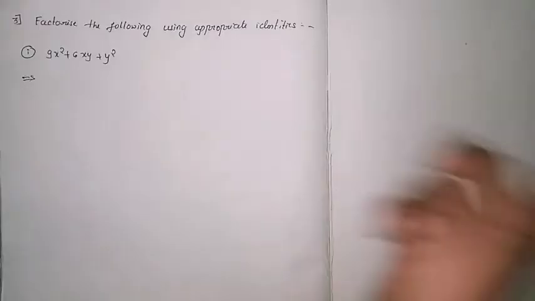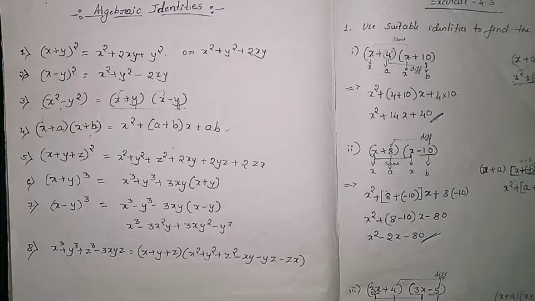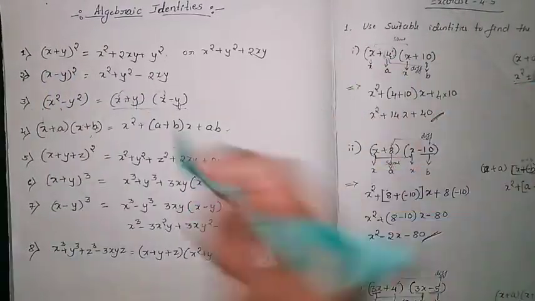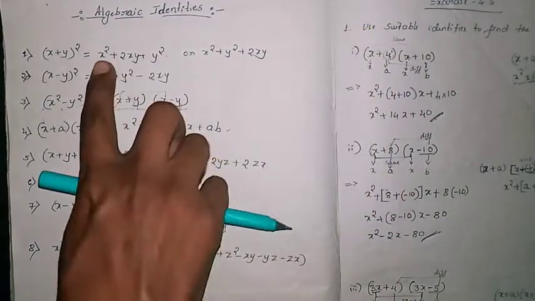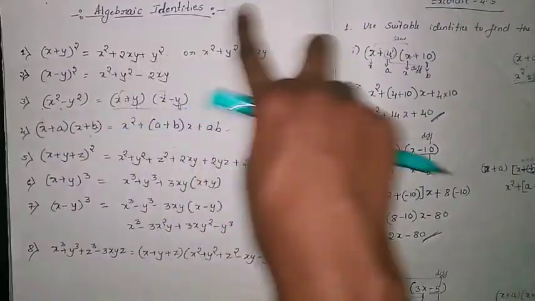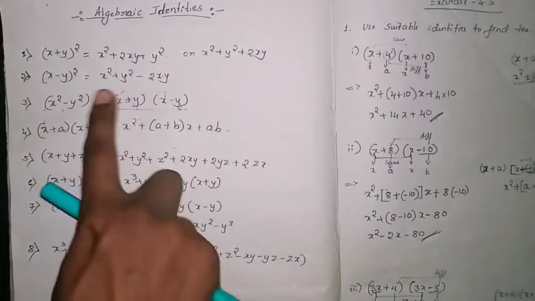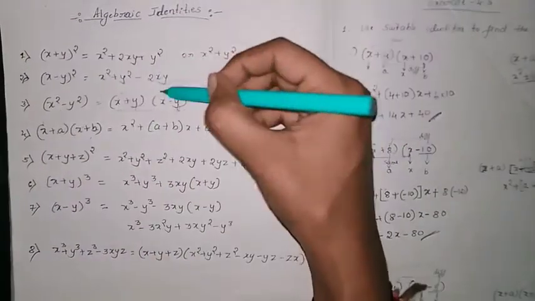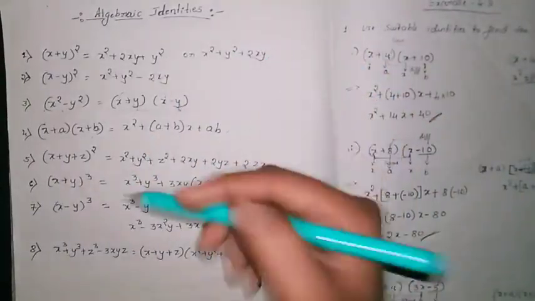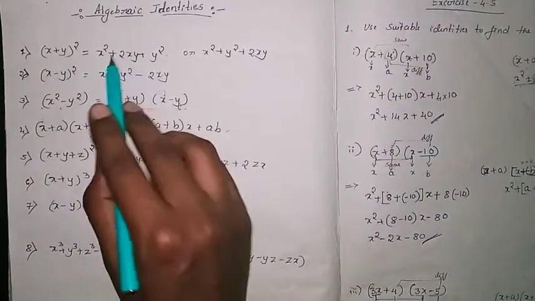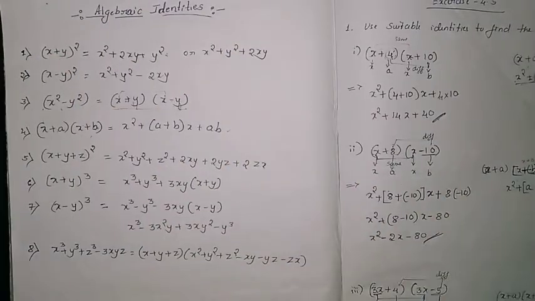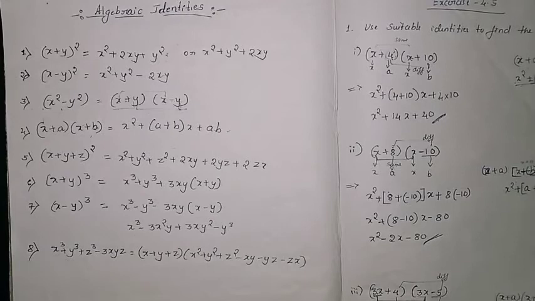So it gets converted to x square, 2xy plus y square, as you observed in the previous class. In the question we have three terms, and all are positive. Observe, this is positive, this is positive, and it has three terms. In the other formulas it is not like that. That means there are two formulas with positive signs, but this one is the formula we can apply. That's why the identities are important.